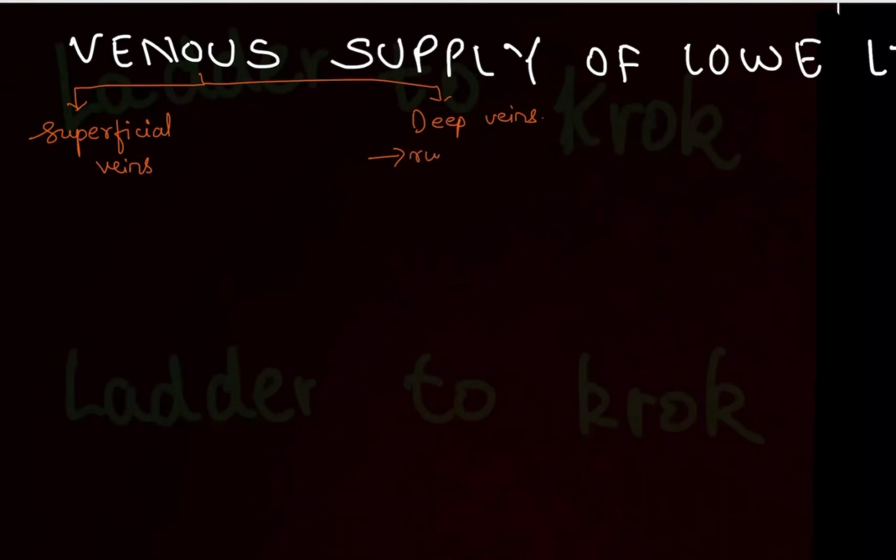Okay, so they run along with main arteries, write down, and have same names as them. We had anterior tibial artery, in vein we have anterior tibial vein. Okay,